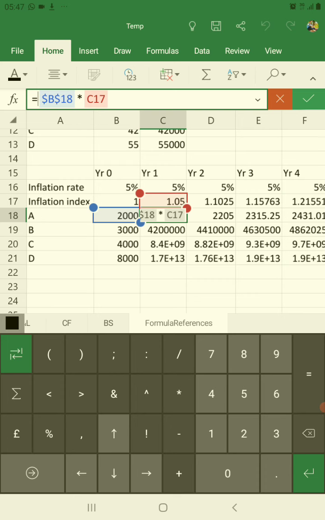That every time when I drag this formula, it should take the base price, but I don't need to lock row 18 in this case, because I want, when I drag down my formula, it should take relative reference instead of absolute reference on row 18. So I'm going to remove the